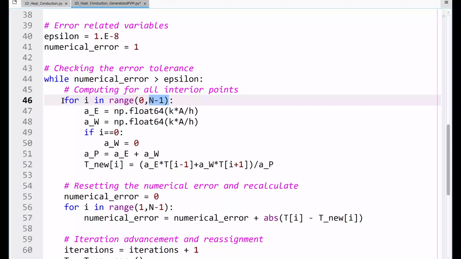So here I write that for i in this range, we define AE as KA by h. I have just added this np.float64 so that the computations would be carried out in a 64-bit floating point type number. And similarly, I define AW as the same, that is KA by h.